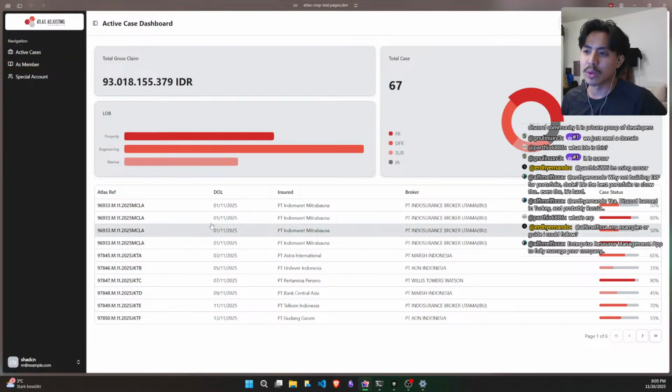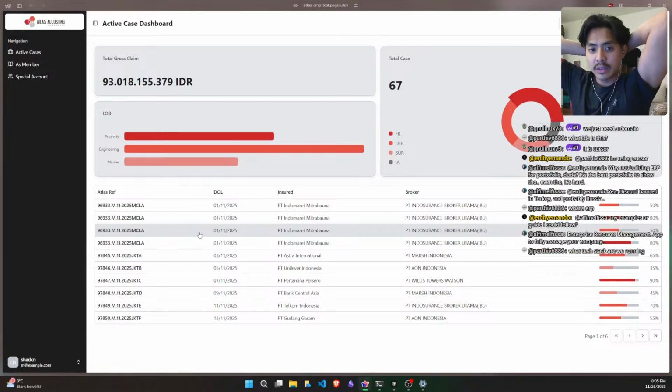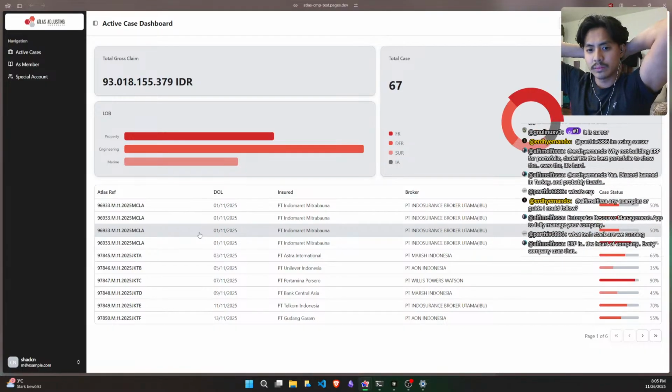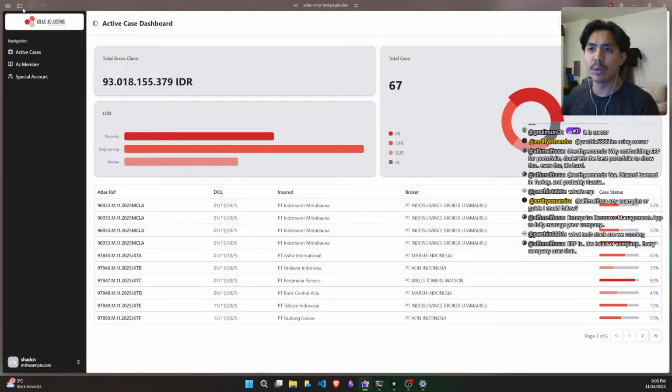As of right now, it's all dummy data, but later they have a backend dev who made the APIs, and I just need to fetch the APIs and display the data. So I only do the front end part. A lot of the backend stuff, they have a developer for that. So I wouldn't really call this an ERP. I would say this is just a dashboard for one of their workflows.